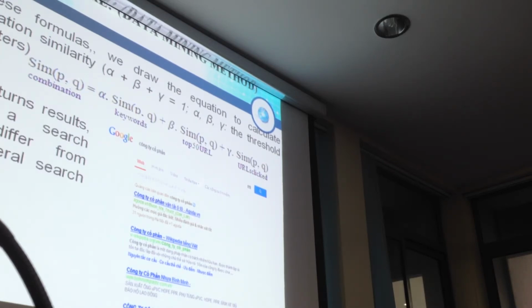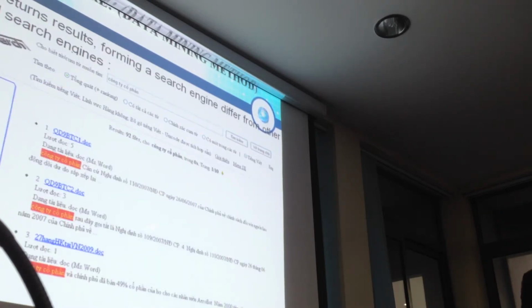Along with the normal search engine, the result will be returned as only one set. And in our search engine, we group the returned results by different categories. For example, with this input, information about a company, the result will be returned in several different sets. Each set contains the relation between the categories.